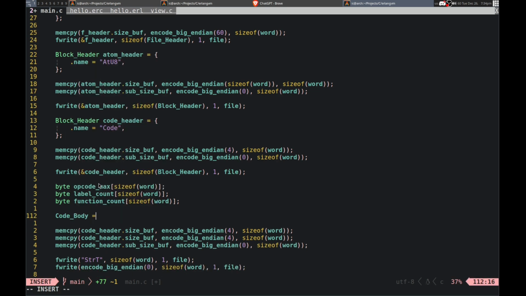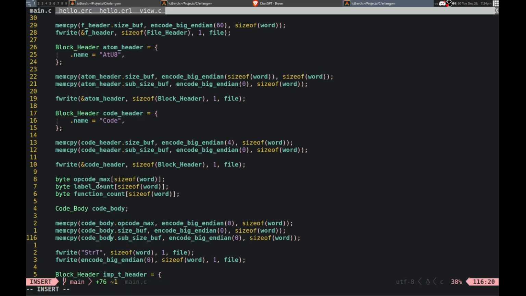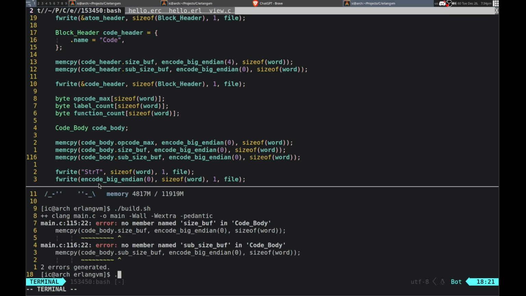Whoops. Code body. Code body. Dot opcode max 4. And well, let me just write 0 for it then. Whoops. Code body. Okay. Yeah.